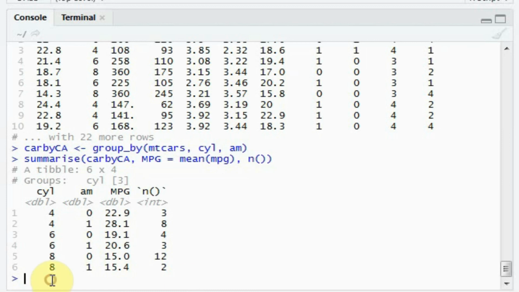So yeah, like this you can add multiple functions and use the group by and summarize functions to solve complex data problems. Please refer to my other video wherein I have discussed the pipe operator. I must say it is a very cool operator from the dplyr package, and it makes your code easy to read and understandable.